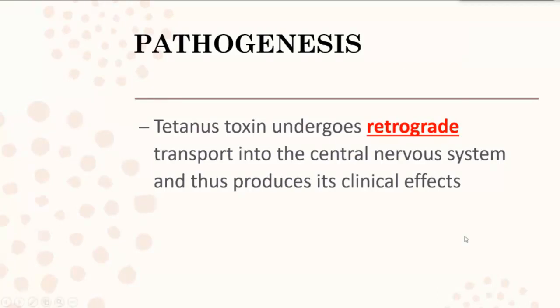So what do you expect? If one person has a wound in the lower limb and another has a wound in the upper limb, how fast are the clinical manifestations if the patient had a contaminated wound in the upper limb versus the lower limb? Who will be faster to develop the clinical manifestations of the disease? Which is earlier, the upper limb wound or the lower limb wound?